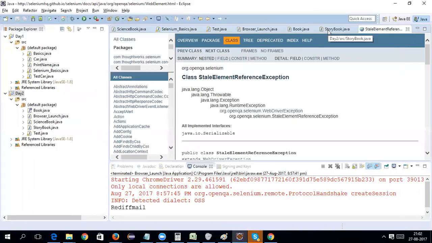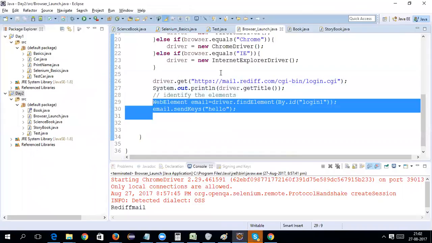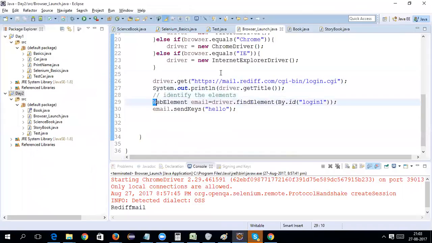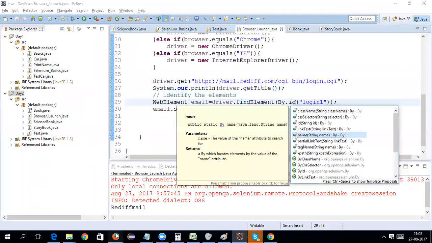Right. Look, guys, this has to come with practice. It's not something which will come to you directly. It has to come with practice. So this is the way to locate elements. The easiest way is if the element has got an ID or if the element has a name. For example,